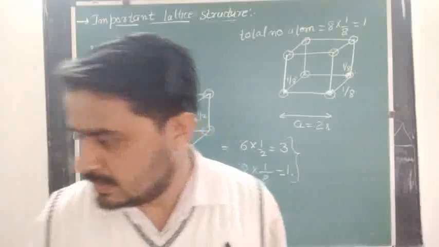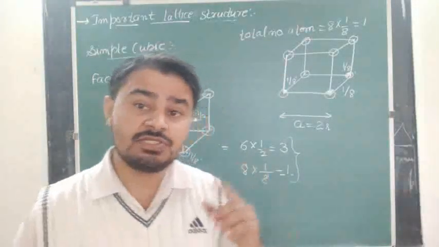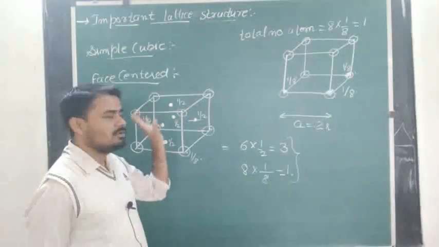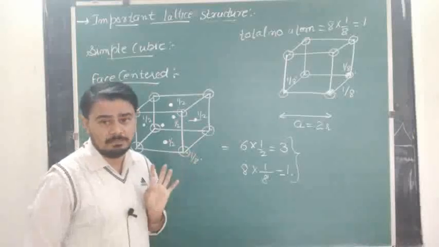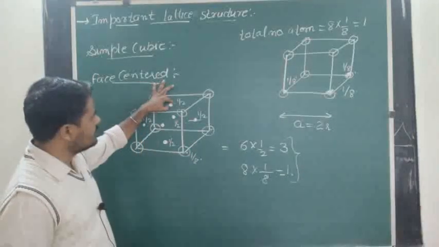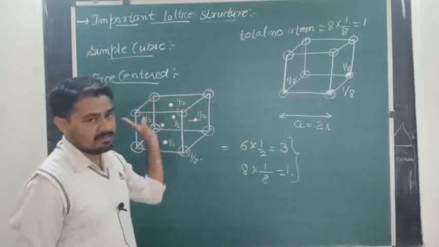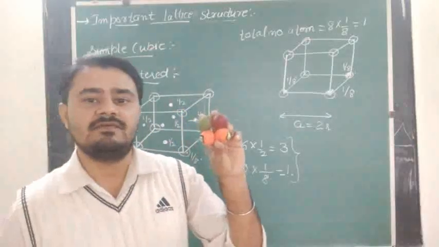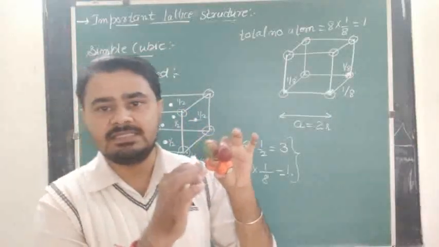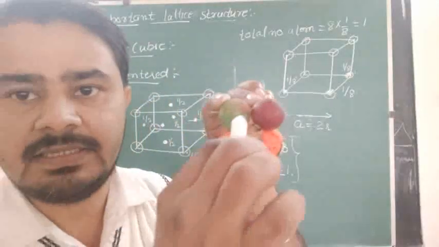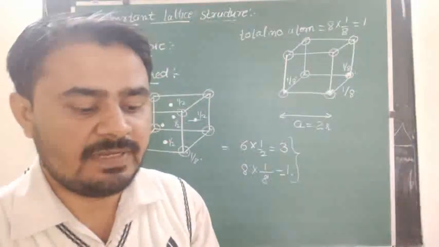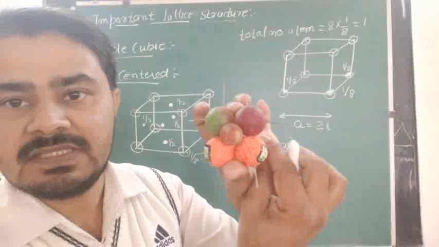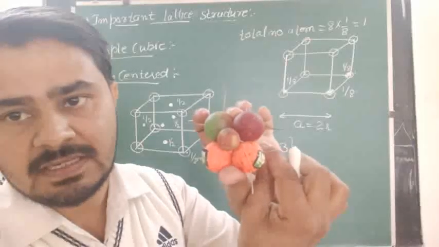Now, again, there is a problem that when we show this face-centered atom and these corner atoms diagrammatically, you will see that they are very, very far away. But in the actual picture, this face-centered atom and these corner atoms will be touching each other. For example, this is a face and here is an atom present in the center of the face. Is it clear? Now, when you see this type of diagram, you can say that the atoms are touching each other, especially in the case of the face-centered lattice.